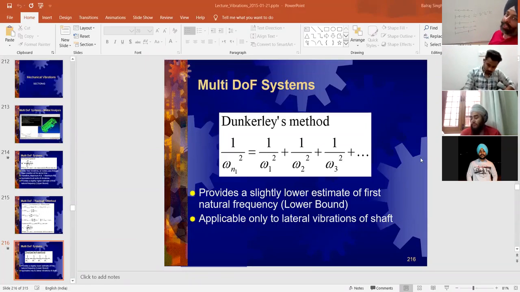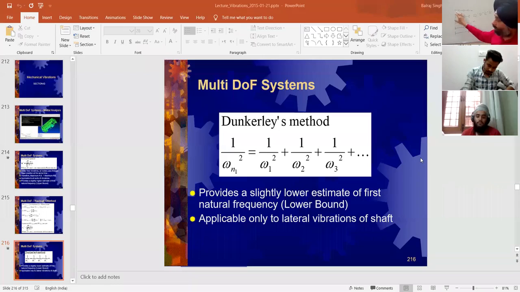So this is how you're going to identify. If you come across a problem where this kind of system is provided and you have to make an estimate using Dunkerley's method, you'll need to determine these. And for each of these, you will require the knowledge of the corresponding stiffness. So here, if this is node number 1, this is node number 2, this is node number 3, you will need the knowledge of